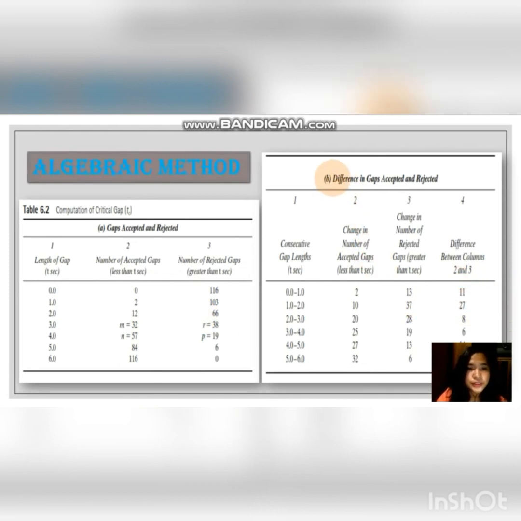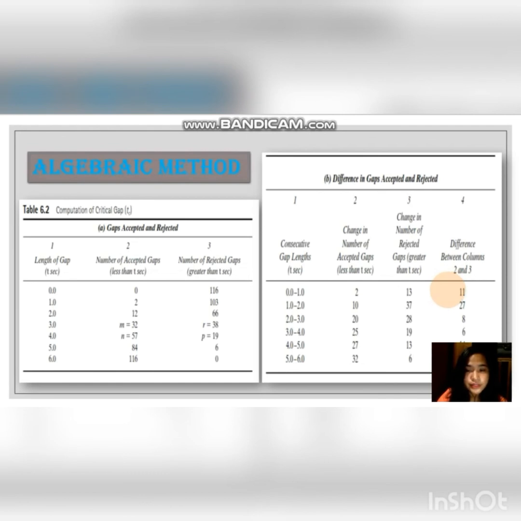Proceeding to our table B, the difference in gaps accepted and rejected, we have for our column 1 consecutive gap lengths in seconds also. So 0 to 1, 1 to 2, 2 to 3, 3 to 4, 4 to 5, and 5 to 6. Column 2, change in number of accepted gaps less than t seconds. Column 3, change in number of rejected gaps. And the 4th is the difference between columns 2 and 3. In this column, we can know our critical gap. Whichever is the least or minimal value in here